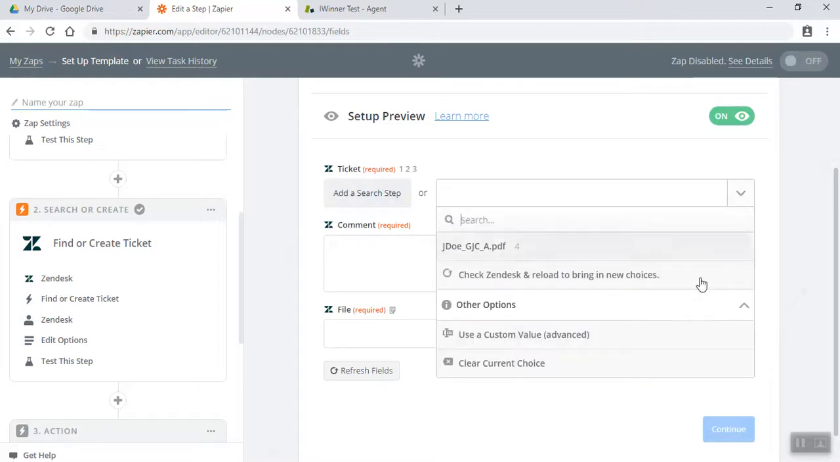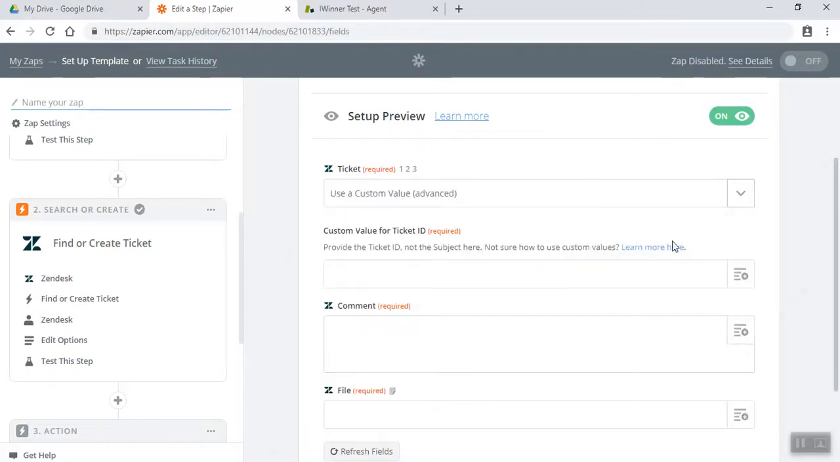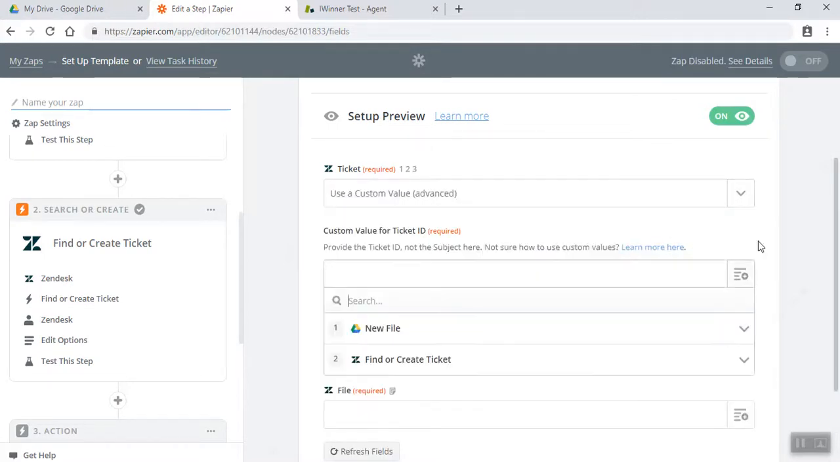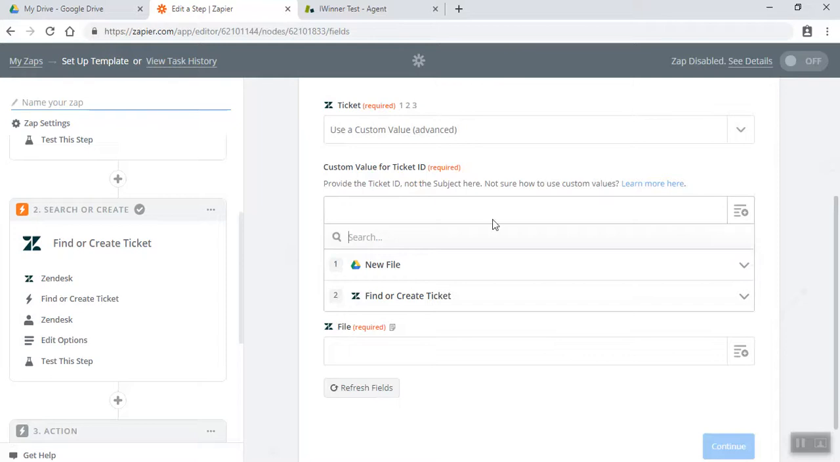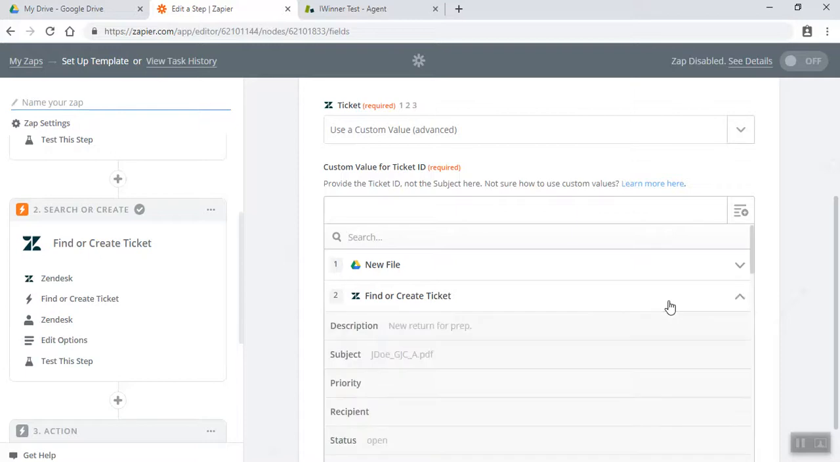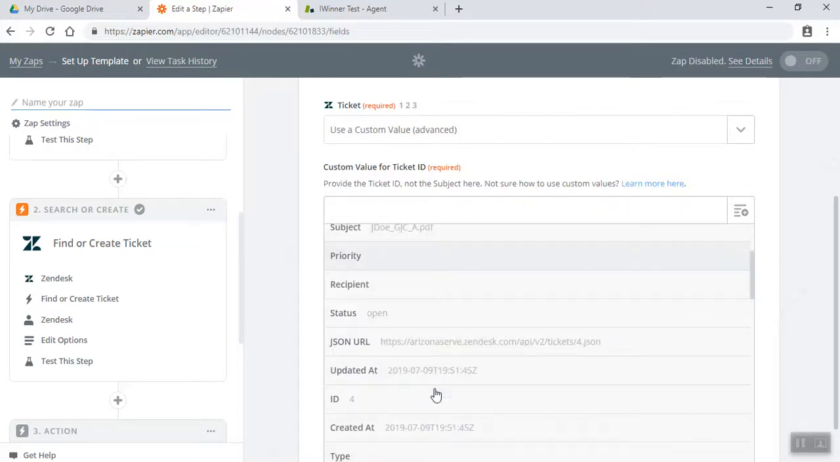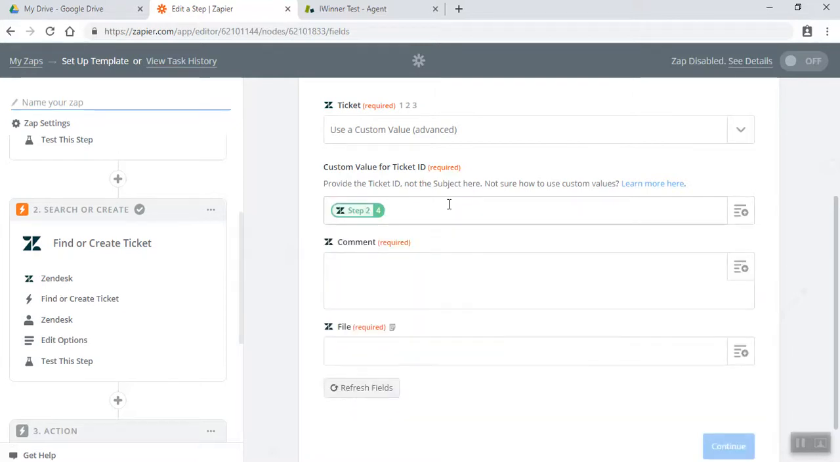And here, we use the custom value. You can experiment with other options, but this is just how we have it set up. It says provide the ticket ID. So it's asking which ticket are you attaching a file to. We just created a ticket that we want attached the file to. So you scroll down in this menu until you see ID, and you click on that. Now it knows that's the ticket you just created, and we're going to attach the file to